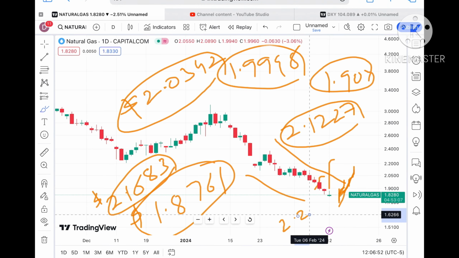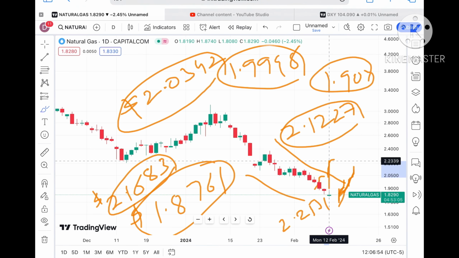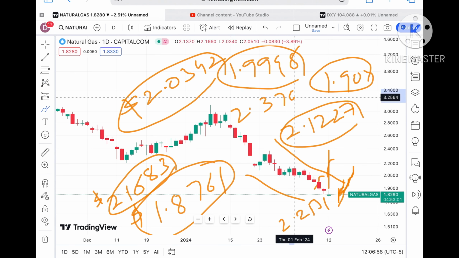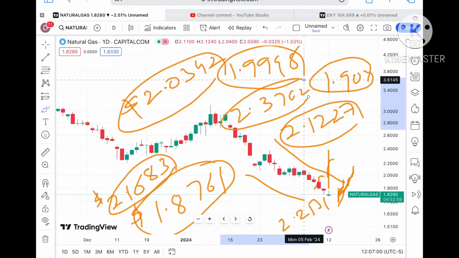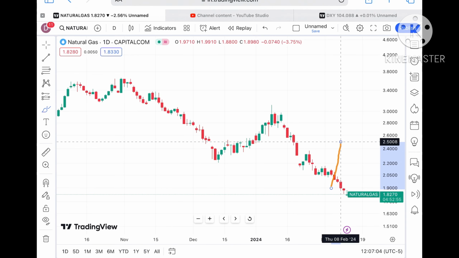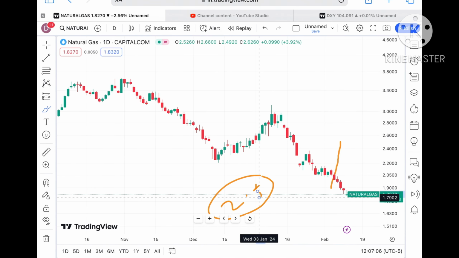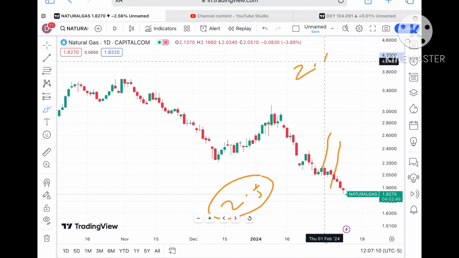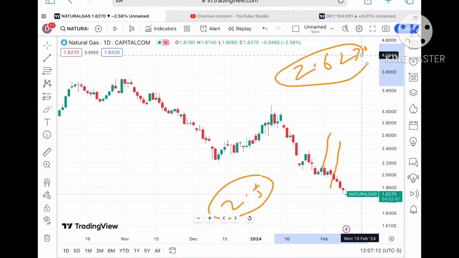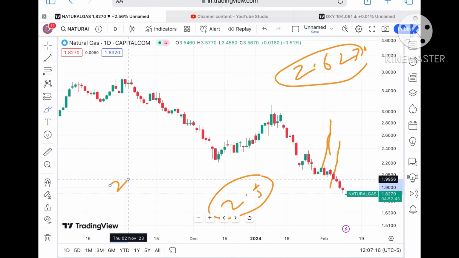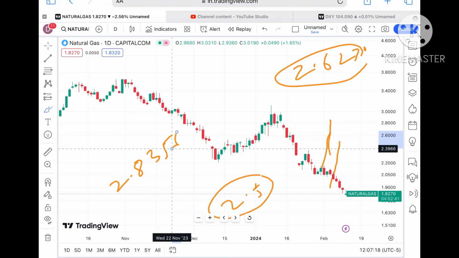$2.1683 is already a weak resistance, so chances of touching a level of $2.2531 will be there. Okay, and if that level goes upside, a further upside we can see towards $2.3762. Okay, and if the price keeps moving above that particular zone, a further high we can see towards a level of $2.5. Okay, and if that level goes further upside, then we will see it will cross a level of around $2.6238, which is already being tested here, so chances are high it will cross that level, and from there it can go towards